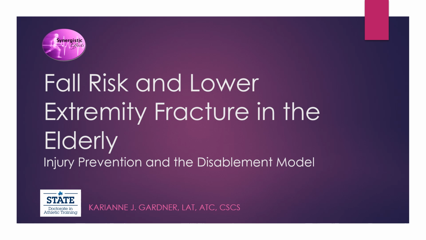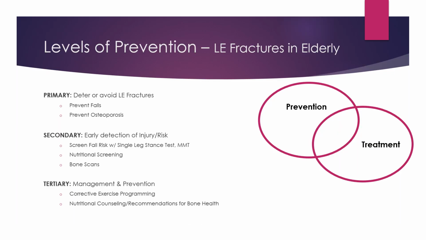Today, I'm going to be discussing fall risk and lower extremity fractures in the elderly from an injury prevention and disablement model perspective. The levels of prevention that I'll be discussing are the primary, which is how we deter or avoid lower extremity fractures, talking about things such as prevention of falls and osteoporosis. The secondary level is early detection of injury and risk. So, screening